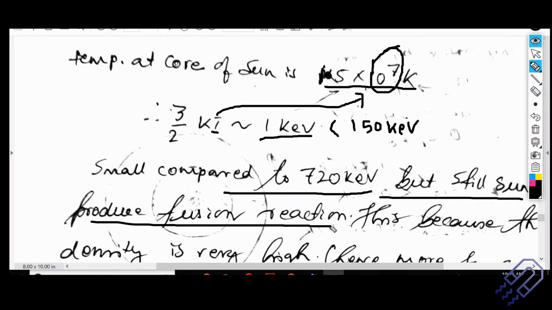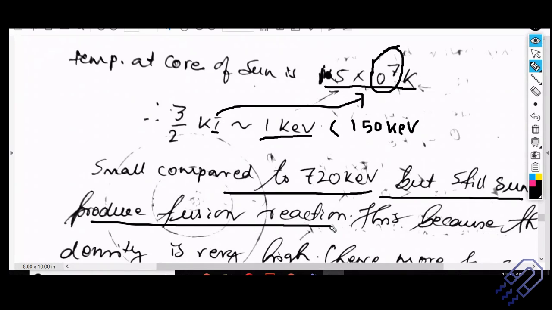Okay, that is why it's called a pressure cooker, and because of which the boiling point comes down. So if the density is very high and they are very closely packed, that means the pressure is very high. If the pressure is high, the temperature required to overcome that energy comes down, right? So this is what happens in the sun, because it's not 1 or 2 protons, there are millions of protons